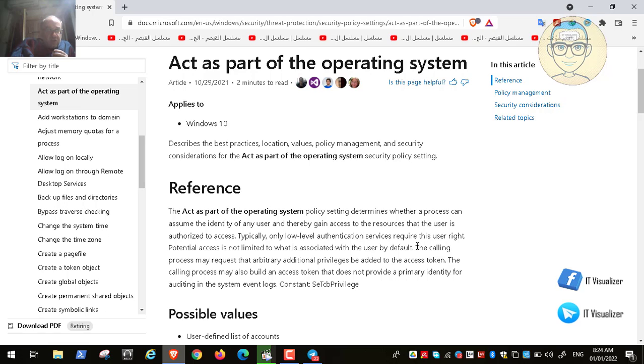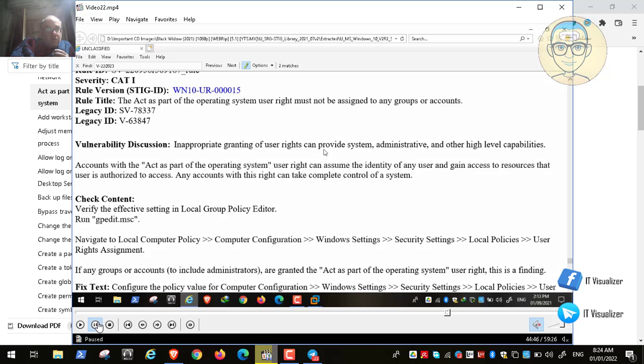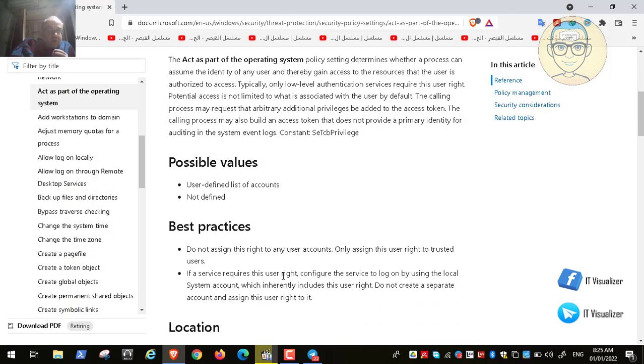He is saying the best practice, just a moment guys. He is saying here the best practice: if you have a service that requires access to the system resources, you can configure the service to log in using the local system account. So there is a user in Windows called system. You can configure your service account to use the local Windows system account to start.